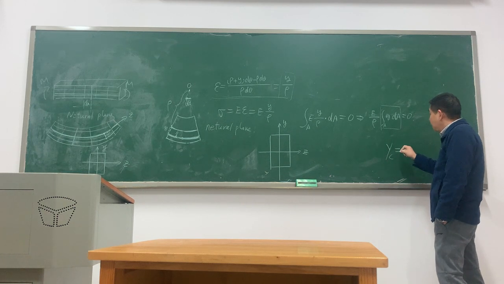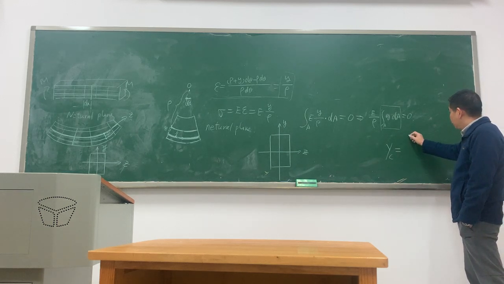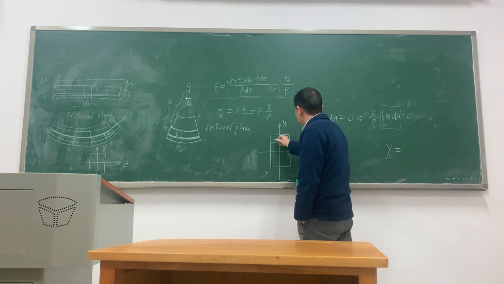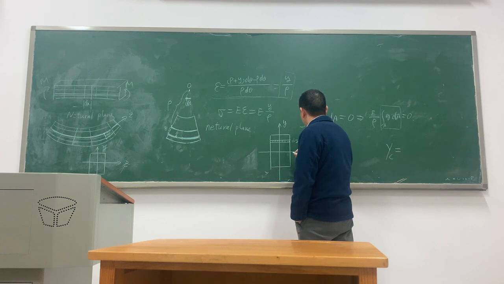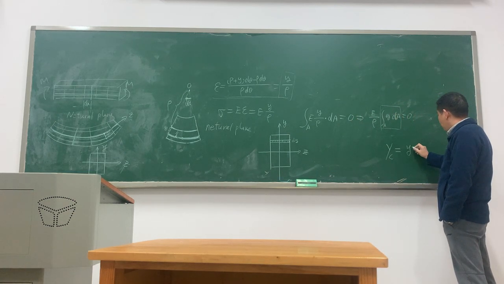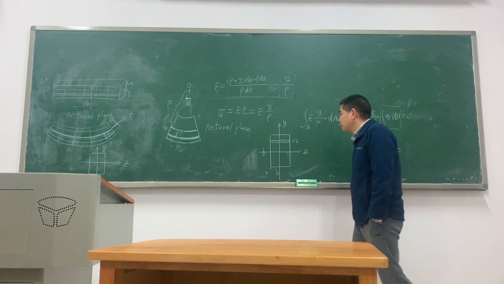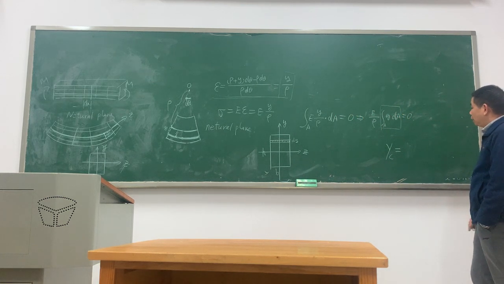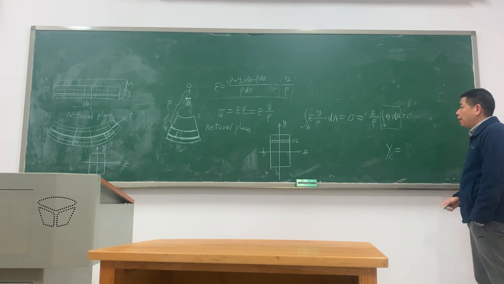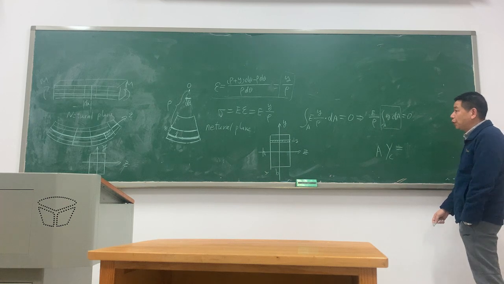YC is not equal, suppose it's BY, it's the area is... suppose B is H, it's not the... YC times A must equal